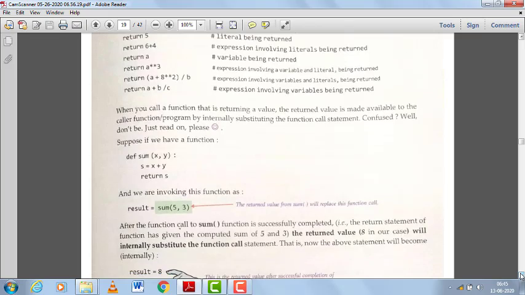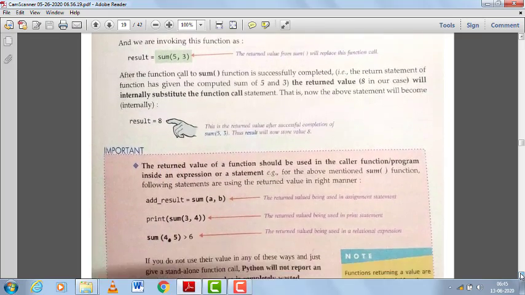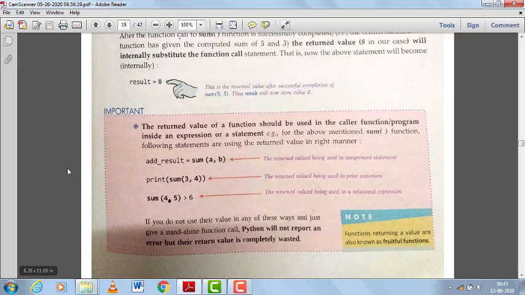Now, the return value of a function should be used in the caller function or program inside an expression or a statement. By these three methods, we can use the value returned by a function. First, we can assign it to a variable. Look at here. The sum function is called and the value returned by this sum function will be stored in add underscore result.